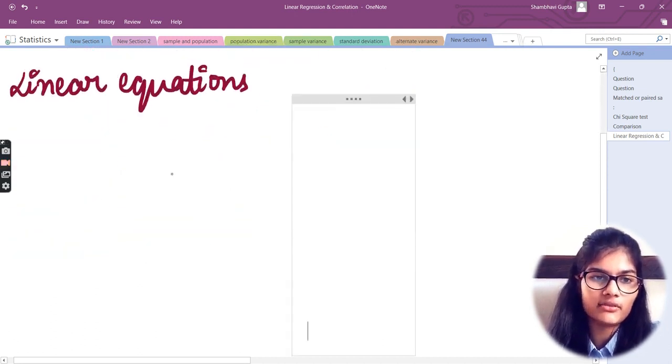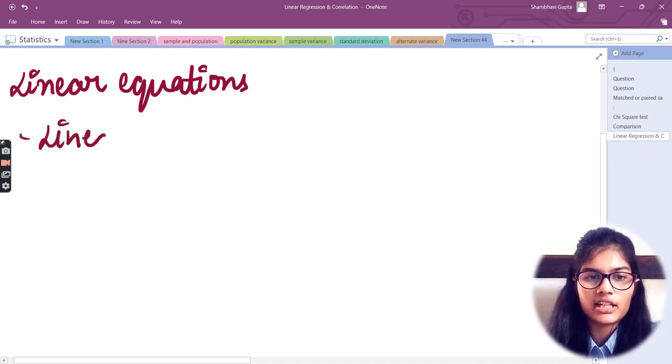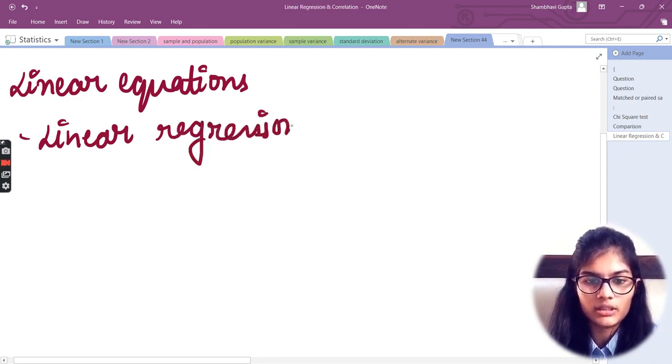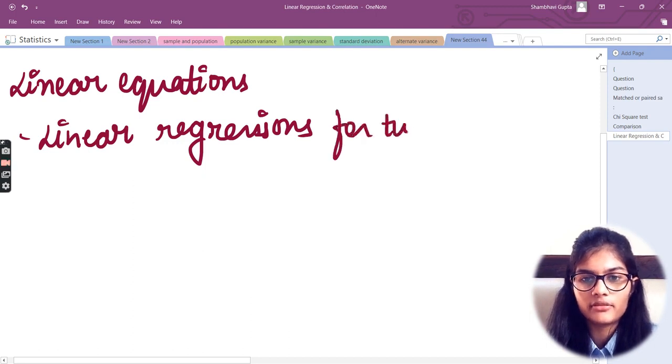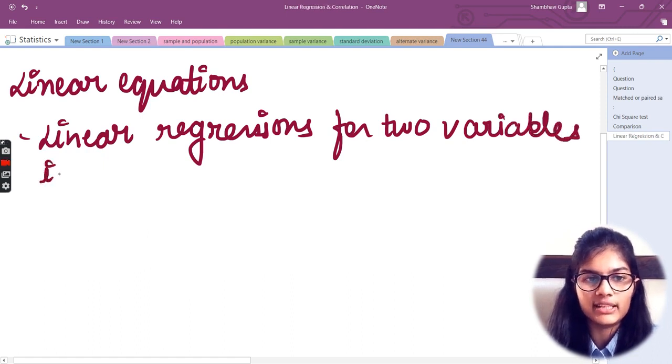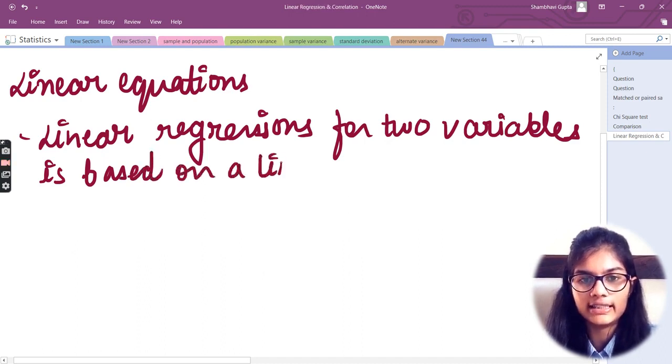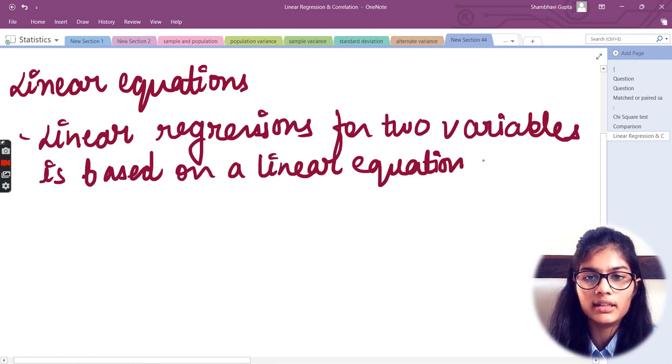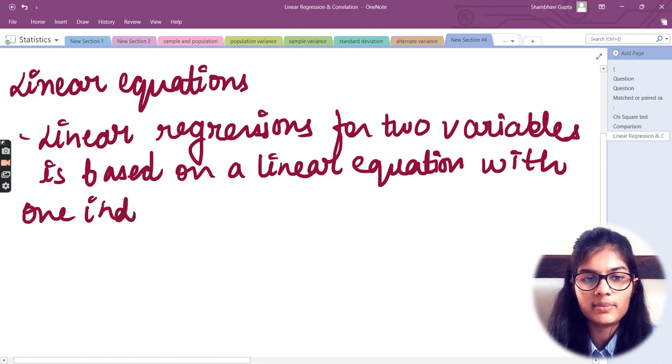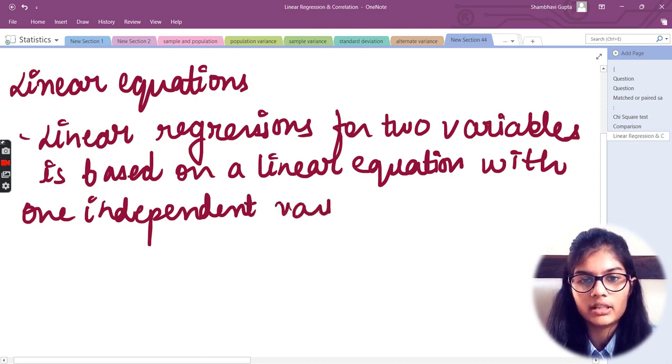Okay, let's come down and start studying this particular topic. I would start by writing that the linear regression for two variables is based on a linear equation with one independent variable. Okay,